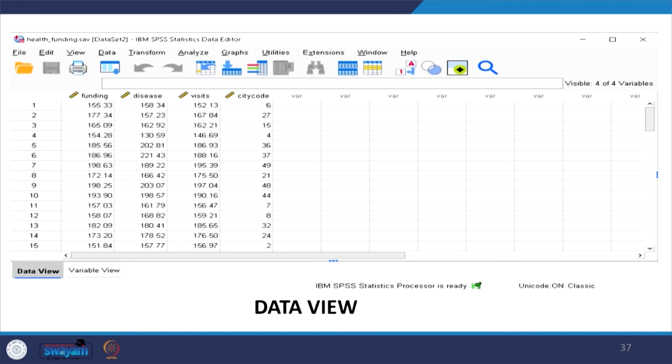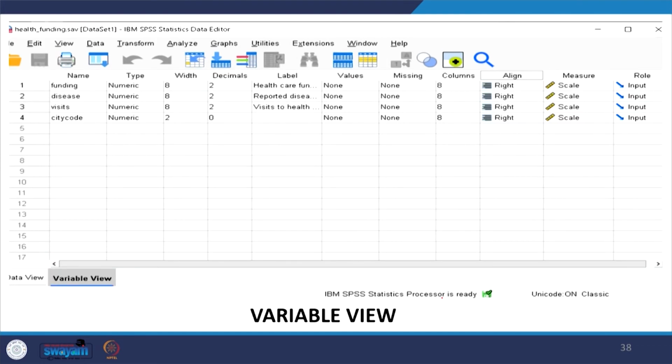Here we have given the data with decimal points, and the CT code without decimal points. These are entered in the variable view, and this is what we have presented in data view. This is the variable we have shown you just now. Numeric we have specified as numeric here, and its width at maximum is 8 spaces since you have defined 8. The CT code we know is not going to be more than 3 entries, so at most 2 width, so we have given 2.